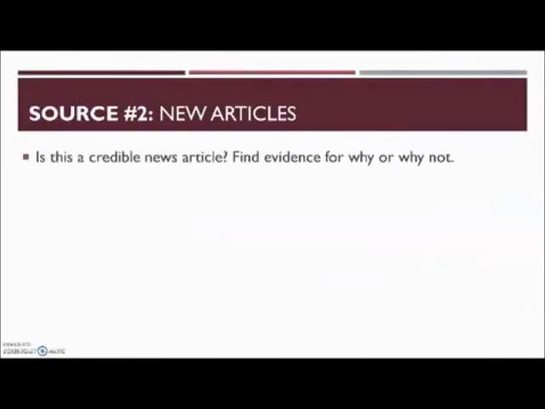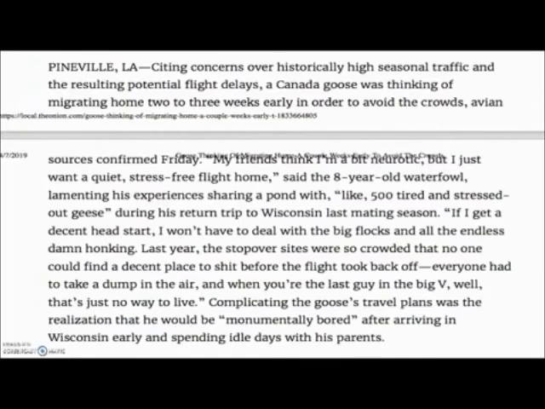When you think about a news article, you want to find evidence as for why or why not, especially if you don't know the publication. It's an article, there's an author, it tells you what the general publication it's on, but you're not sure if the information is credible. Maybe it's just an op-ed. So take a glance at this. Pause the video, read it, think if this is credible.